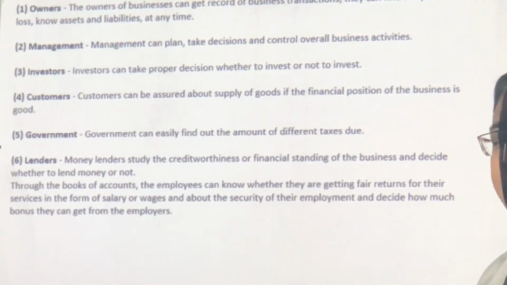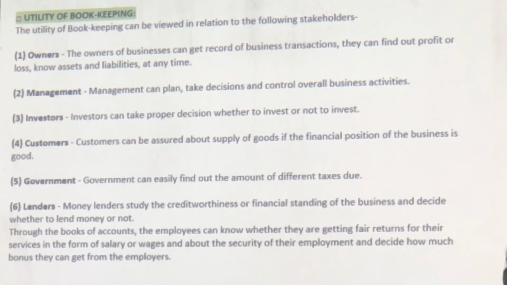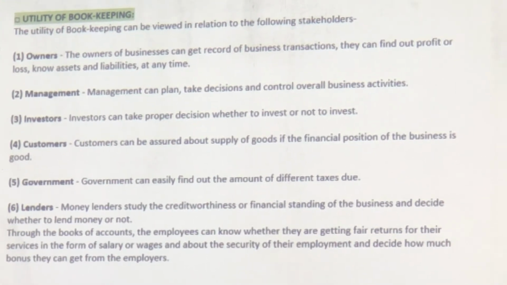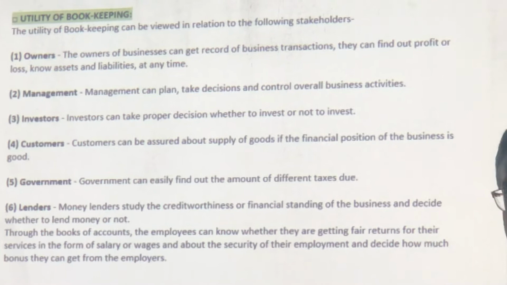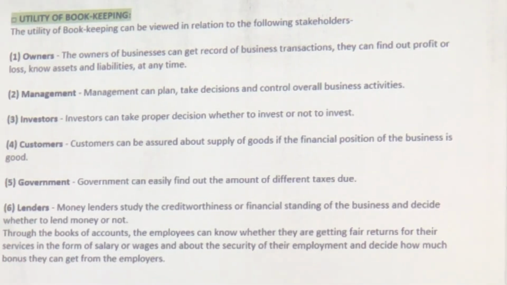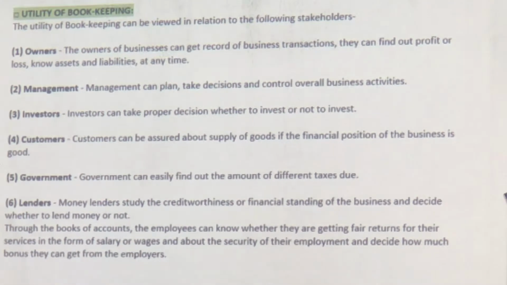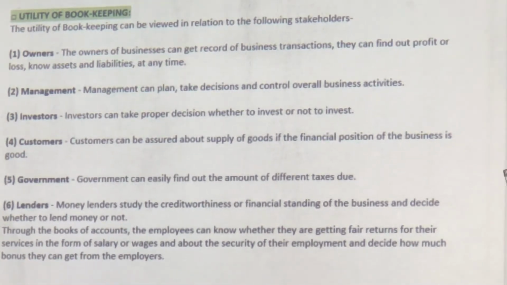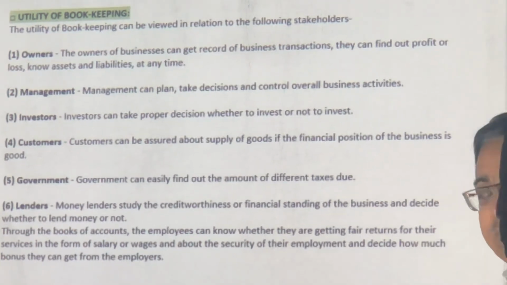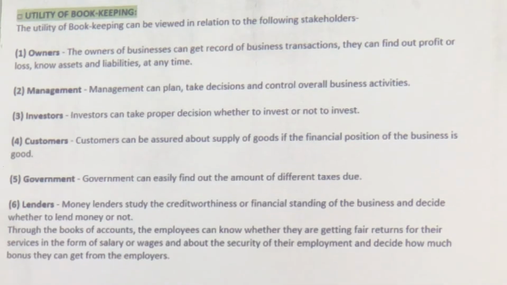Today when I go to buy a car, they tell me, show the loan, house, show 3 years income tax return. Today you say I am a crorepati, show 3 years. So this is how we check. Lenders don't give money. Loan you can't get like that without having books of account. And then for some number of years, this year you may make up the book of account. Okay, so these are the utility uses of bookkeeping.